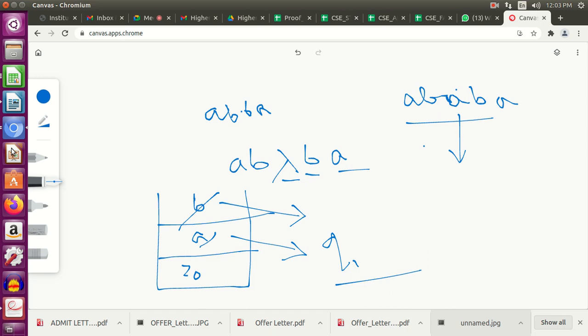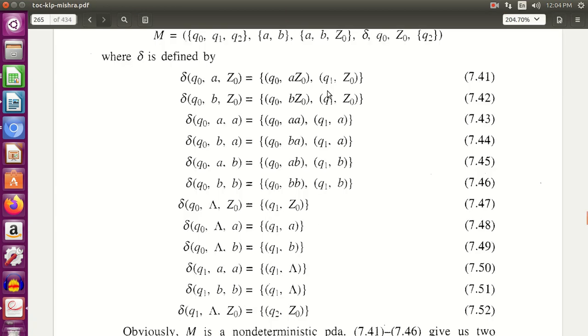Okay. But what about the odd palindromes? I have done the even part till now. Now, going back over here. I told you to ignore this part, right? For now, don't ignore this part. Concentrate on this part. This transition, from 7.41 to 7.46, the initial first part will be required for both odd palindromes as well as even palindromes. The initial part means pushing the things, when you don't start matching things, right? So this initial part will be same for even also, odd also.